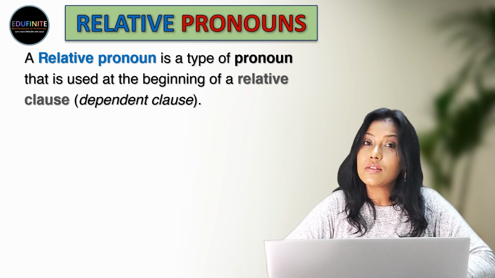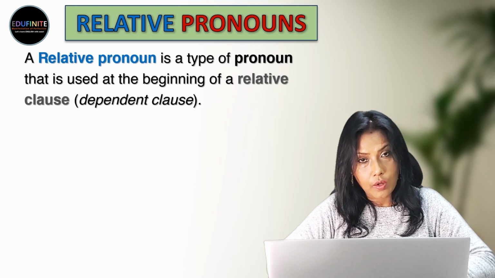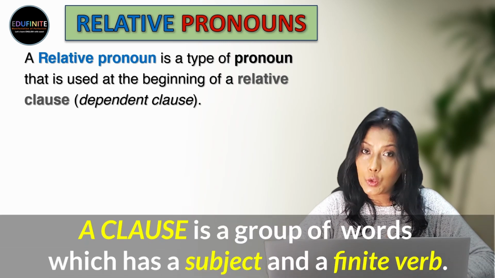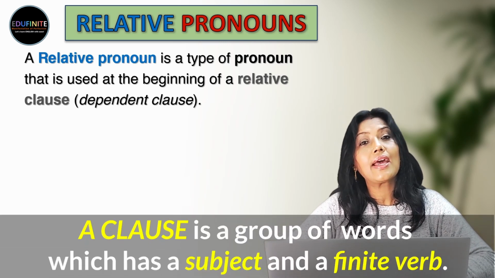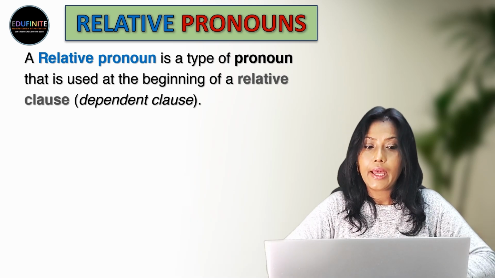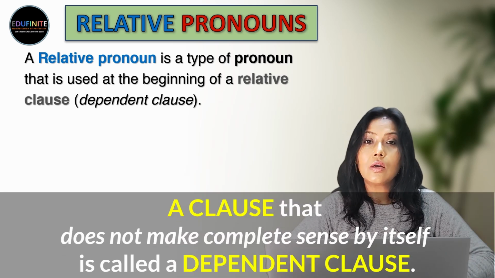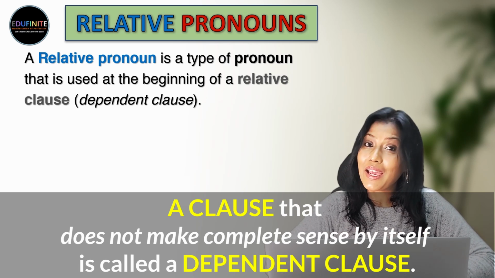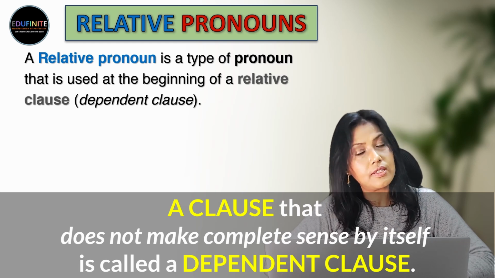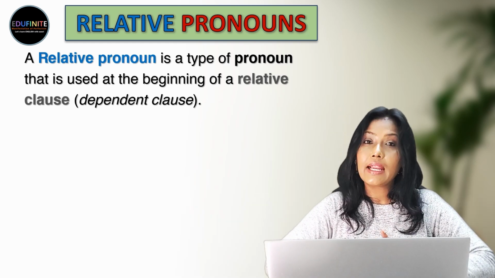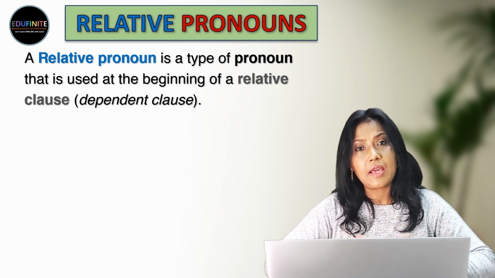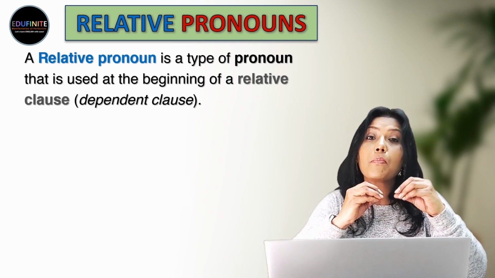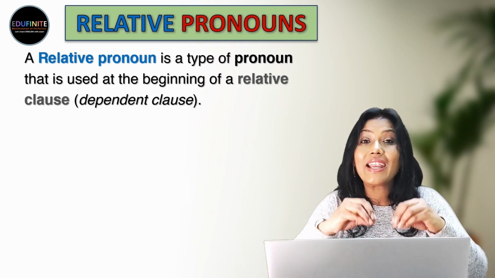Now, what is a relative clause? It is a dependent clause. Now, what is a clause? A clause is a group of words which has a subject and a finite verb. And a clause which cannot give us the whole idea or does not make complete sense by itself is called a dependent clause. So, relative pronoun is a type of pronoun that is placed at the beginning of a relative